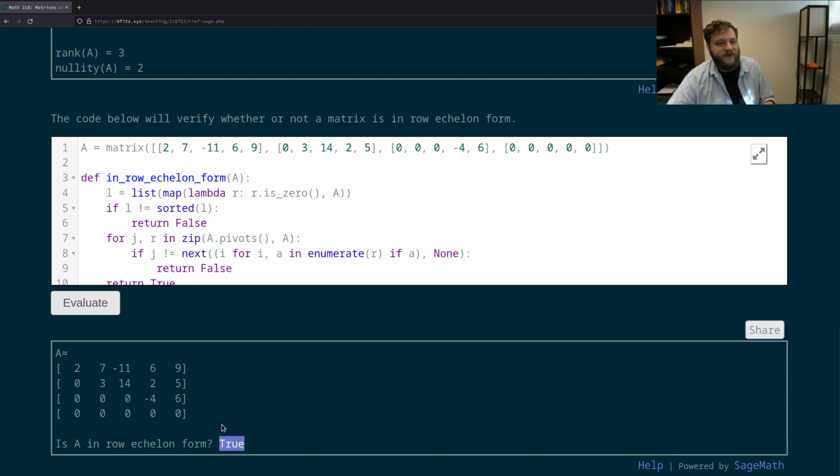Once again, it wouldn't be terribly difficult to derail this process. If I set this 2-1 entry equal to anything other than 0, that would do the trick. So let's set that equal to like -17. If I click evaluate here, assuming my code works, yeah, so this matrix is no longer in reduced row echelon form because my first pivot has a